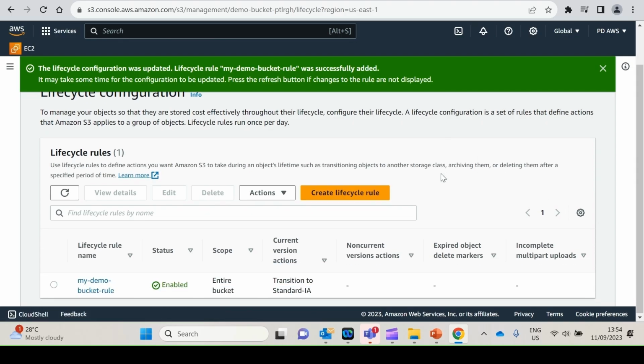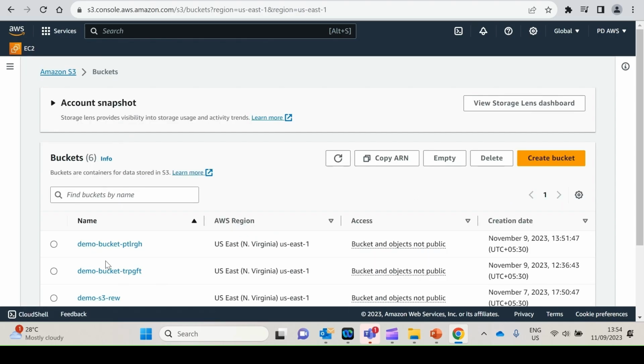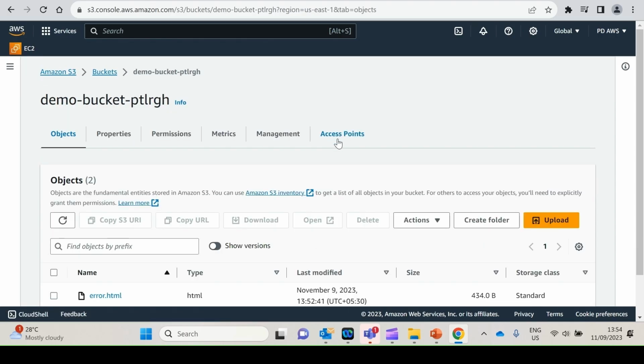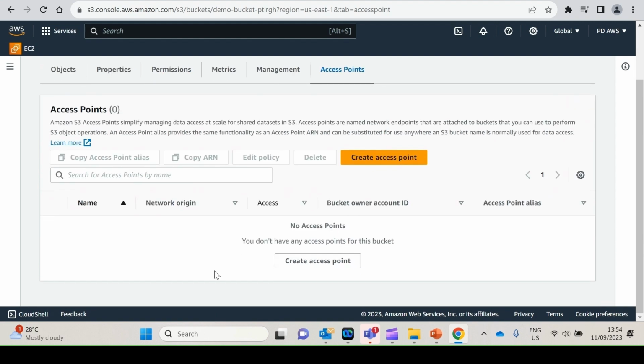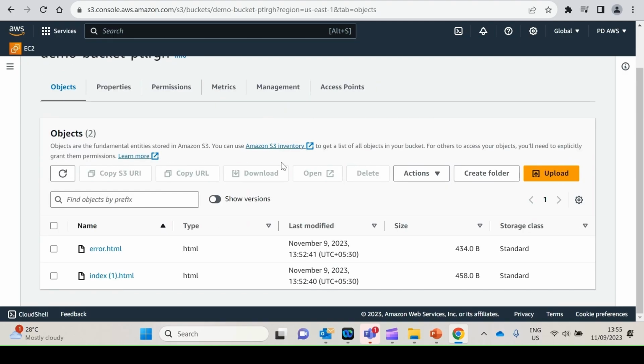So automatically after 30 days, the two files we uploaded will move to the IA storage class. Like this, we can create a lifecycle rule. Then there are access points, which are different access points we can create. For now I'm just keeping this demo basic.